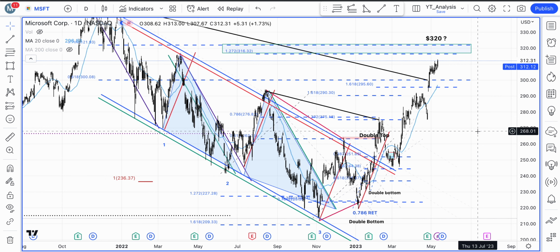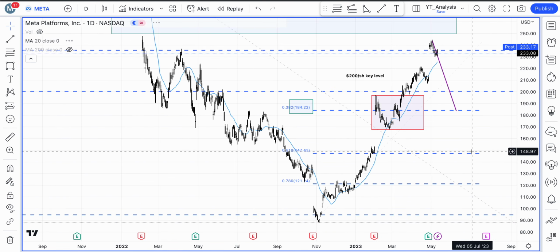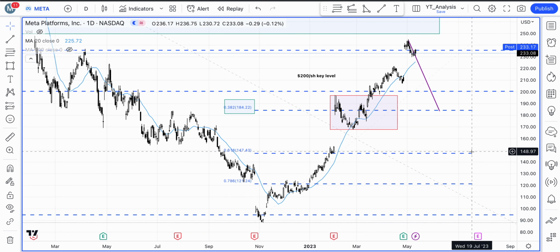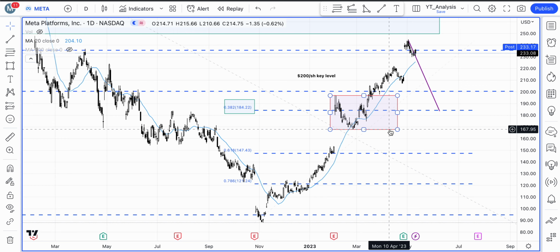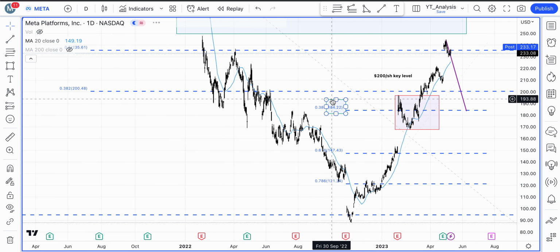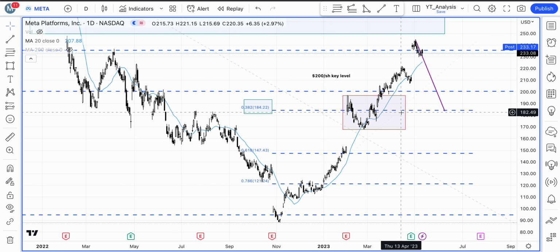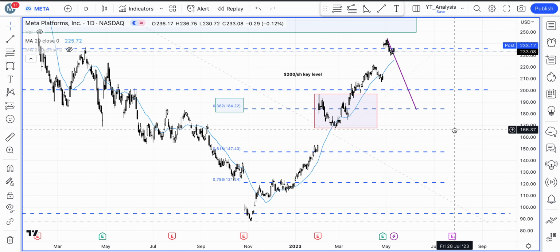Okay, guys, so now let's take a look at Meta. The Meta stock is very interesting. The reason is that it broke above the $200 per share level, which is the 38.2% Fibonacci retracement, and that means that Meta is getting strong. The stock, from a technical perspective, at least in my opinion, is now very interesting, and we'll have to wait